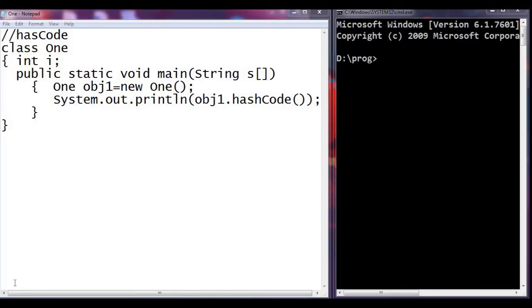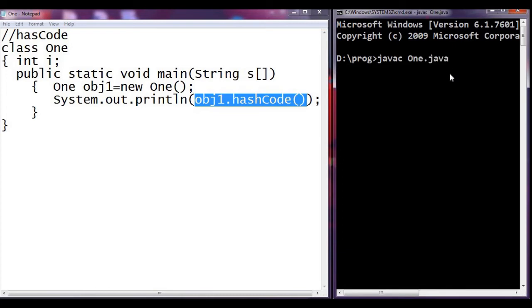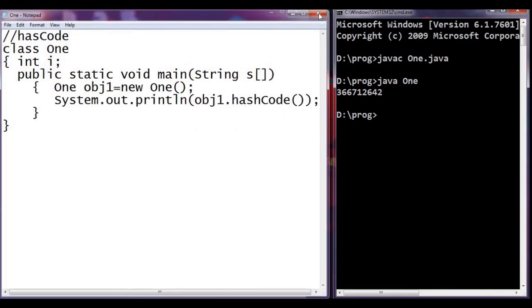Okay, so this is the first program of the class Object. The method is the hashCode method. We have a class Class1, and then we have created an object of Class1, obj1, in the main method, and then we have called the obj1.hashCode method. So this will print the hash code of the given object. Now let us see it. javac Class1.java. The hash code of the object has been printed. Now let us move to the second program.